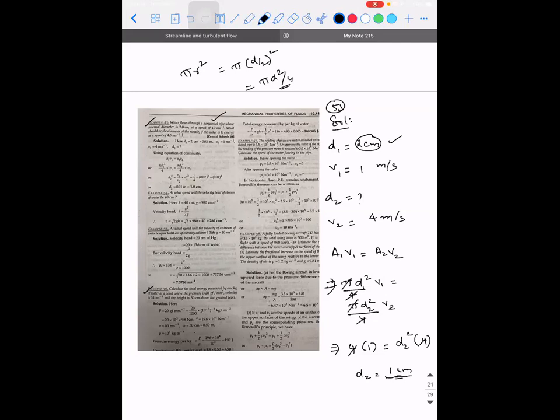See, this chapter is not that easy. I'm able to understand that you guys are not revising on a regular basis. You should do it. Question 54: At what speed will the velocity head of a stream of water be 40 centimeter? So what is the formula for velocity head?